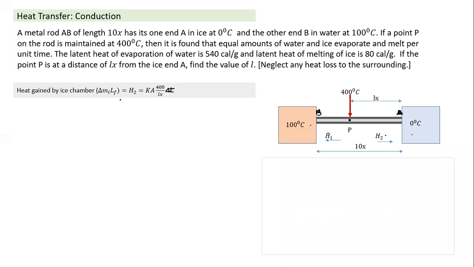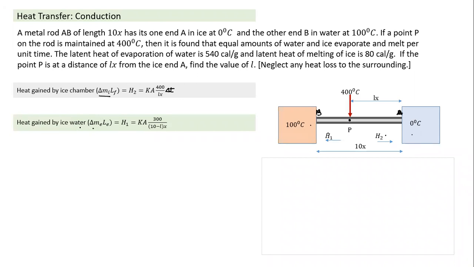In time delta T, unless I assume the delta M represents heat flow, mass of ice which will melt in 1 second. I can also assume delta T is equal to 1. Then I don't write delta T, but in that case I need to understand delta Mi indicates the rate of melting of ice. Similarly, I have a second equation. So I am assuming this is the mass rate at which...